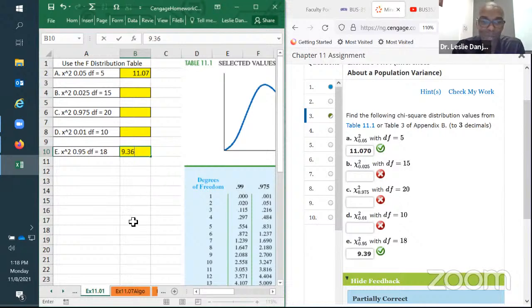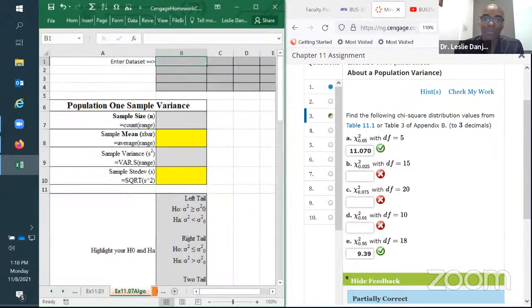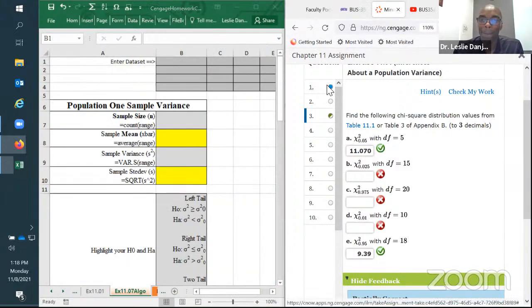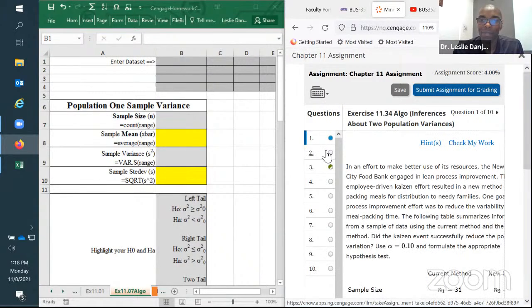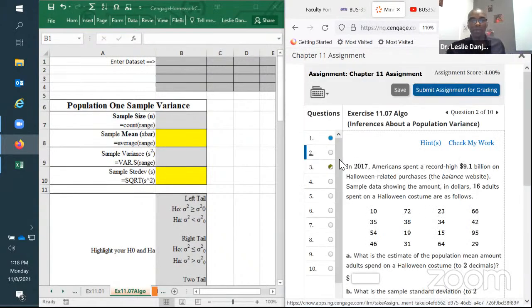Let's go, let's go, let's go. All right, so can we go over to 11.07, please? All right, bam. All right, so in this one right here, we're going to be given data, and we're going to actually